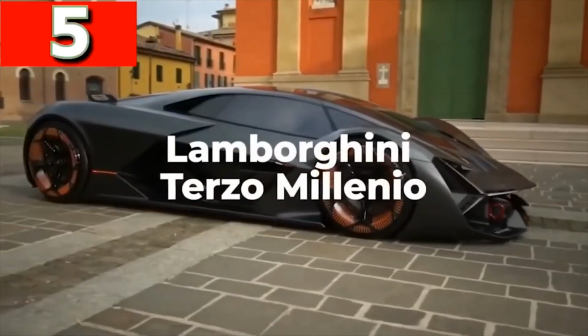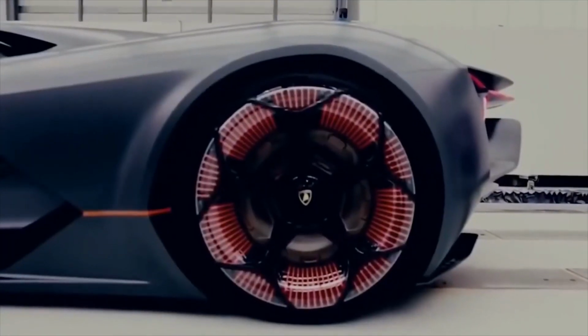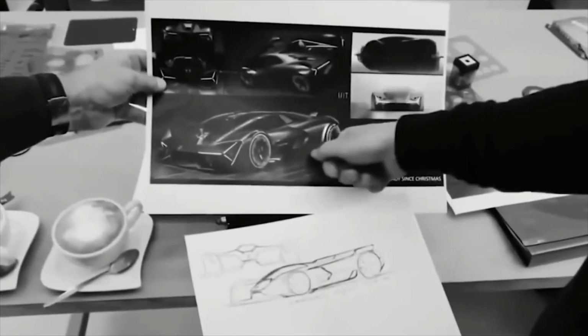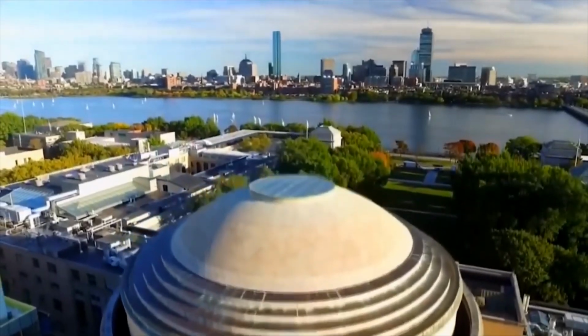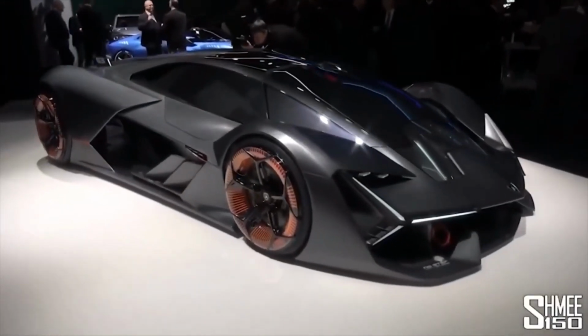Lamborghini Terzo Millennio. The Lamborghini Terzo Millennio, which stands for Third Millennium, was an electric car that the company revealed in 2017, and was the first design that resulted from a multi-year partnership with the Massachusetts Institute of Technology. Instead of using batteries, power is provided from a high-capacity supercapacitor, which are able to capture and release energy at